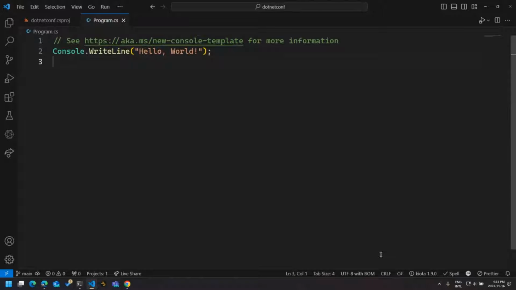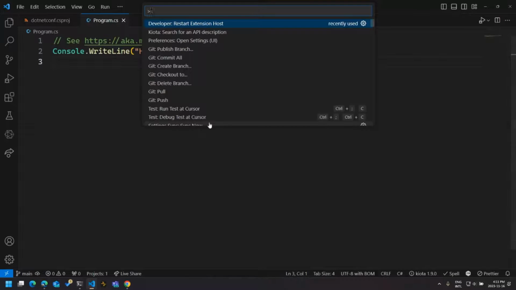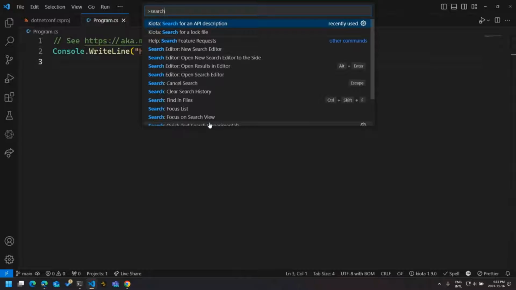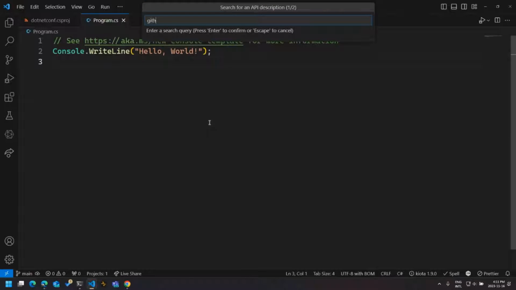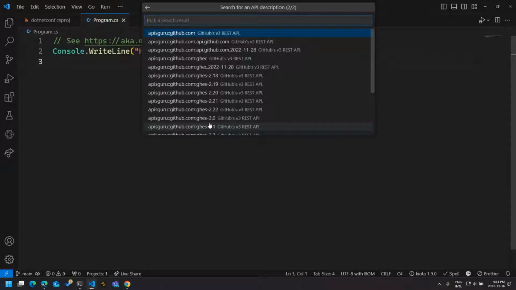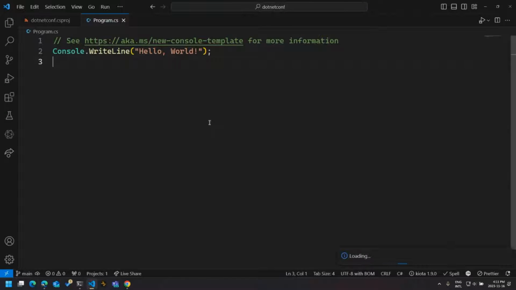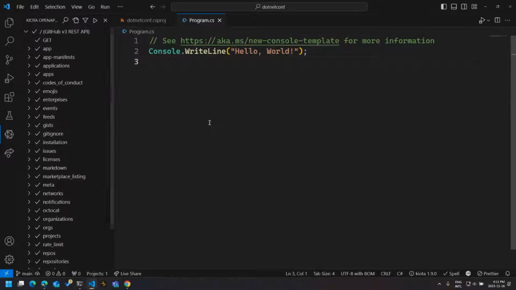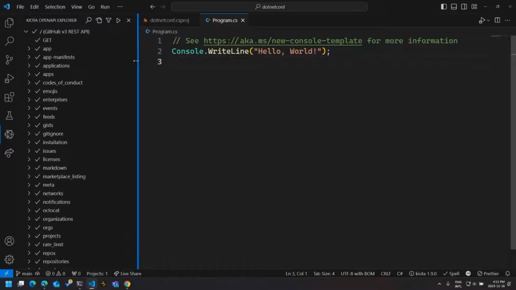So because I have Kiota installed in VS Code, the first thing I can do here is search for an API description. And I'm going to be searching for GitHub because, again, I want to get the pull requests from GitHub. So Kiota is going to go over a couple of indices here and try to find API descriptions for GitHub. And I happen to know that the right one to use is this one here, which I'm going to be selecting. And what it's going to do, it's going to grab the description here and load us a representation